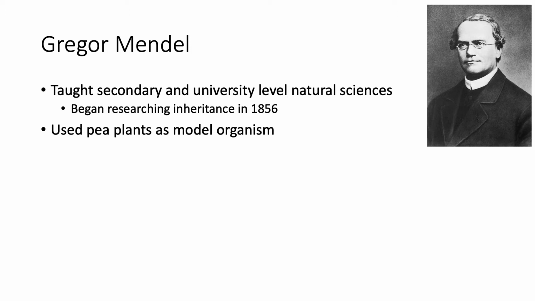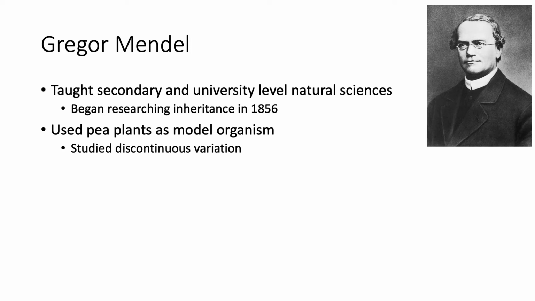Anyway, that was a bit of a tangent, but Mendel chose pea plants for his model organism because he had experience with them and they have a few traits that are extremely easy to see. He actually used over 20,000 pea plants in his research, so hopefully that provides some sort of perspective around how much time and energy it took to run all these experiments.